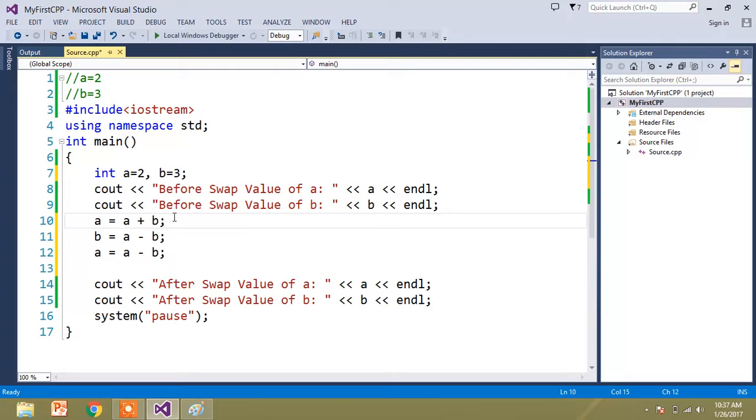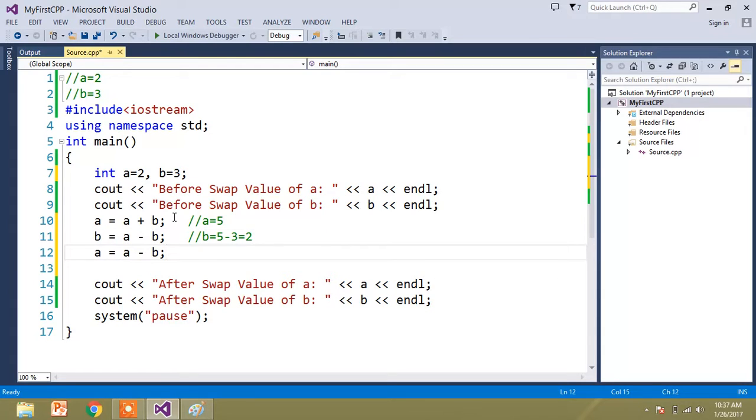If you see the logic, A is equal to A plus B, that's A equal to 2 plus 3, which is 5. Now B equal to 5 minus 3, that's going to be 2.